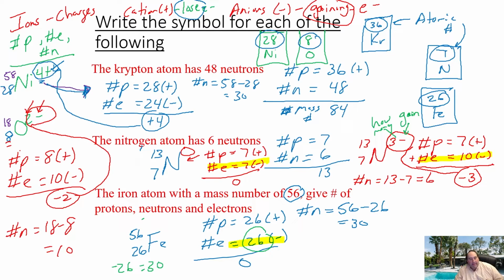So that is how you deal with ions and protons, electrons, and neutrons. It is only the electrons that change, as we talked about. Protons can't change, otherwise you change the element, which you don't want to do. So you just change the electrons. All right, so adding to our list of what you should know how to figure out: protons, electrons, and neutrons in something that has a charge as well.